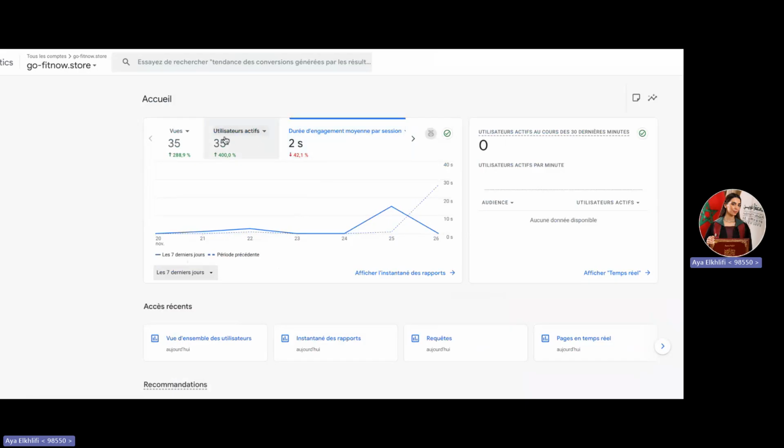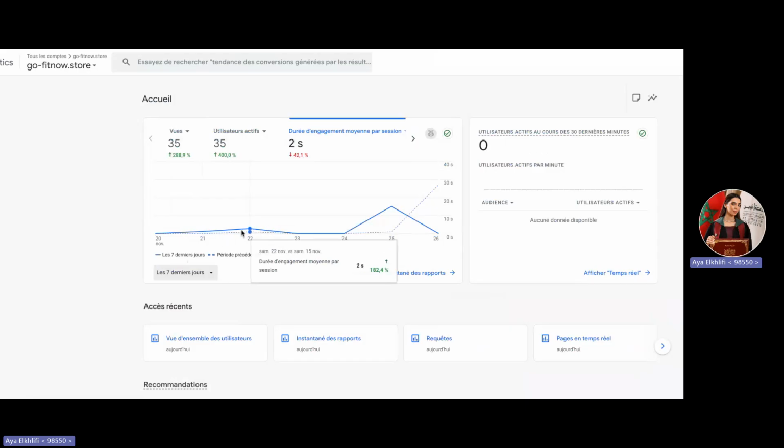In my case here, I have 35 minutes and 2 seconds, which decreased slightly. The color coding makes the interpretation easier. As you can see, green indicates improvement, and red indicates decline. So in just 1 second, I can understand whether my site is performing better or worse than before.